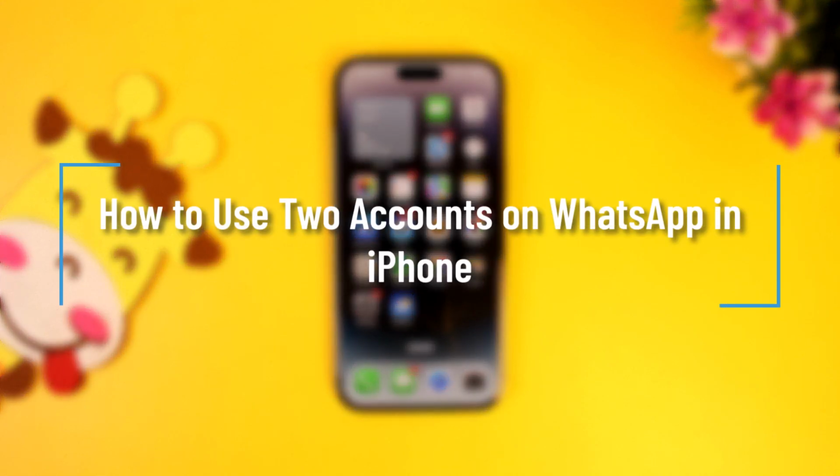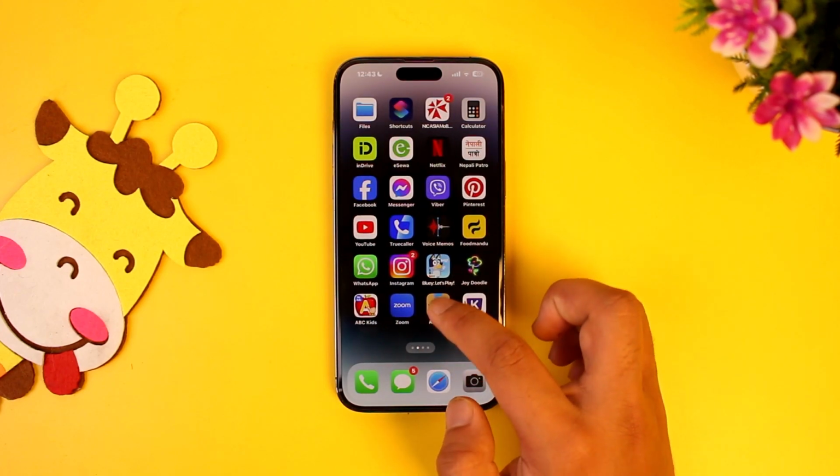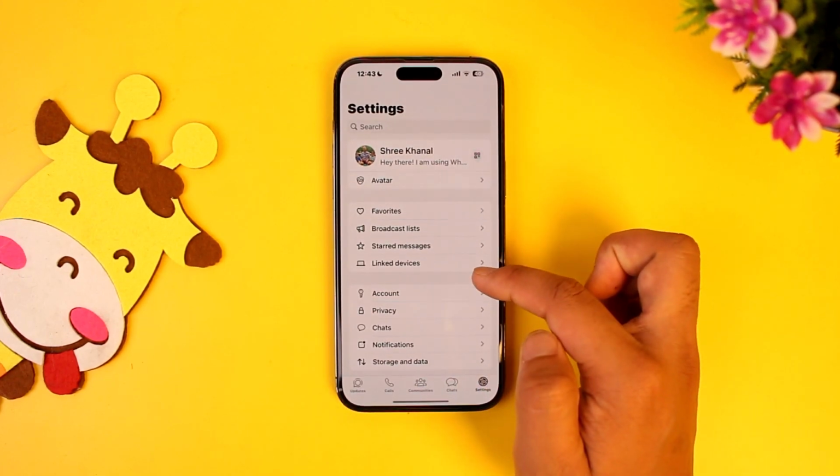How to use two accounts on WhatsApp in iPhone. If you want to use two accounts on WhatsApp in iPhone, so on WhatsApp, if you open up, now unfortunately